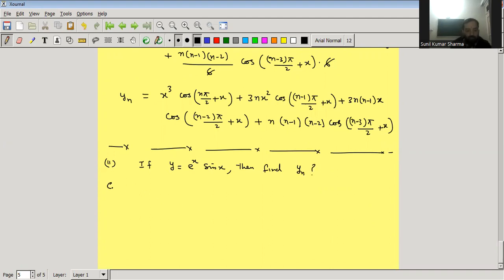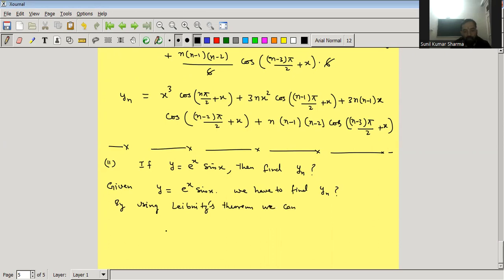So what is given? Given y is equal to e to the power x sin x. We have to find yn. So by using Leibnitz's theorem, we have